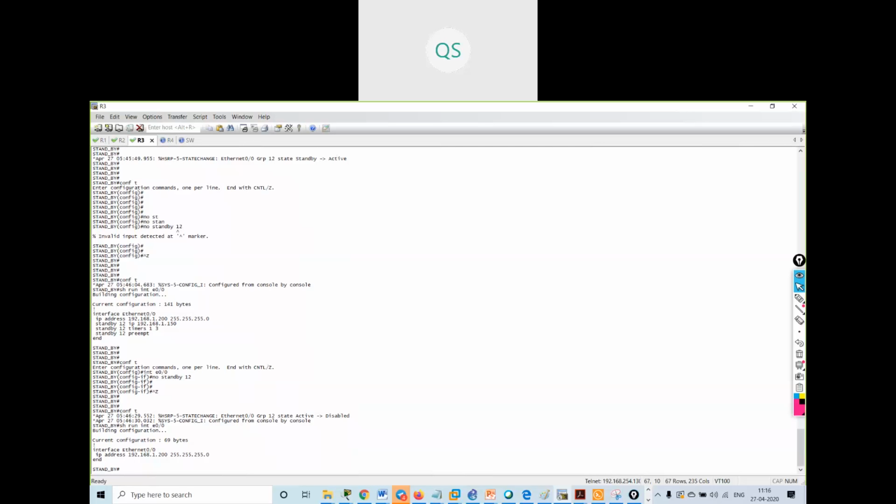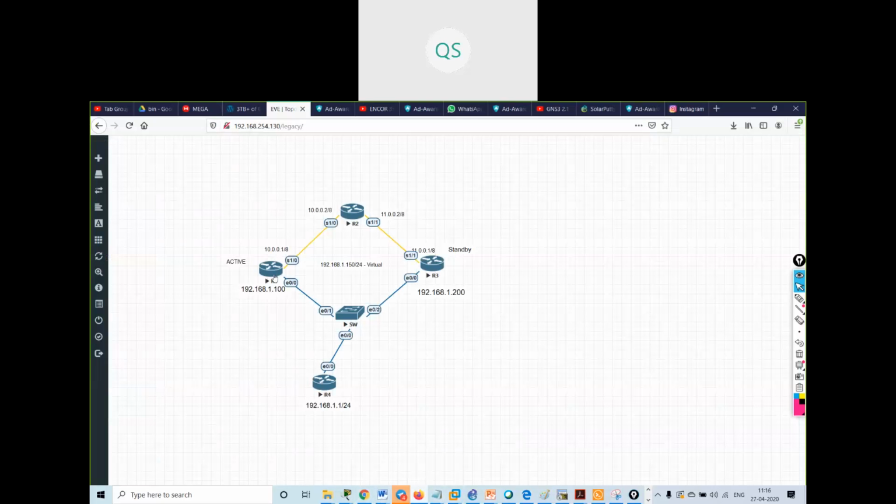So what I will do is this: router 1 will be my active router for some clients. I can say it will be the active router for group 1, and I will make two groups here. This will be the active router for group 1 and this will be the active router for group 3. So I will make the configurations now.